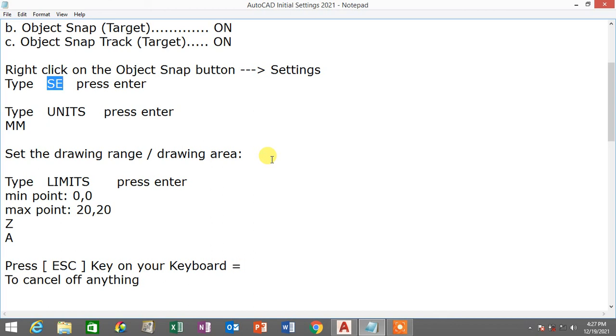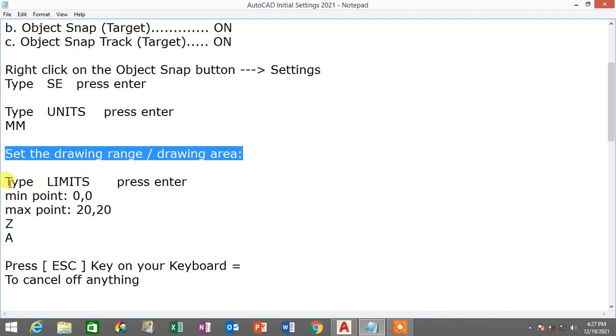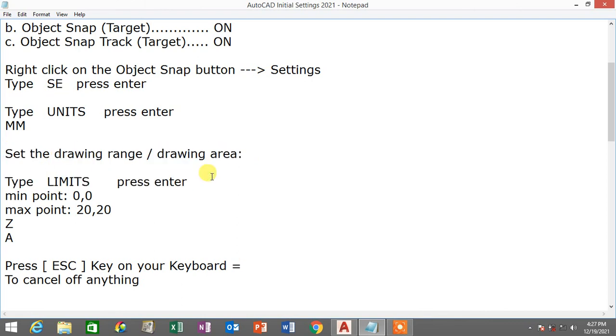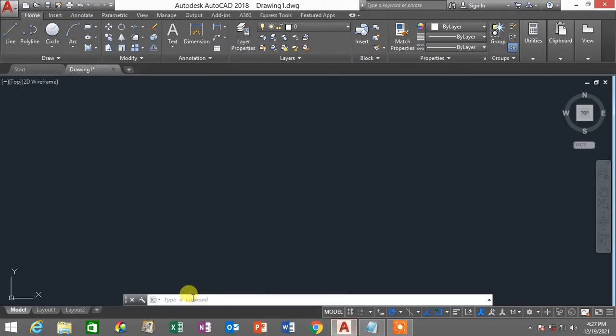Whenever you want to draw any drawing, including any 2D floor plan drawings or mechanical drawings or electrical drawings or land surveyor drawings, we need to set our units first. After that, we are going to set our drawing range or drawing area with the limits command. So first things first, before we draw any technical drawing, we need to specify our units. How to do that? You can just type units in the command window panel down here, click inside it, type UNITS, and then press enter,